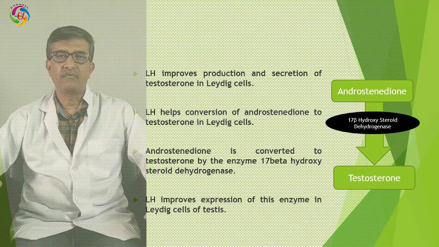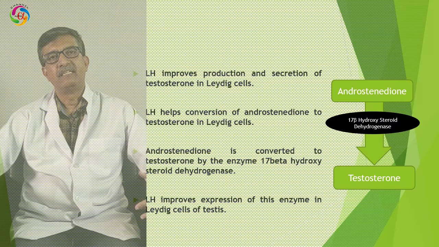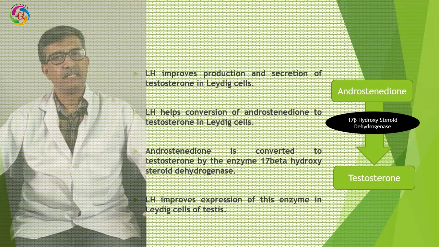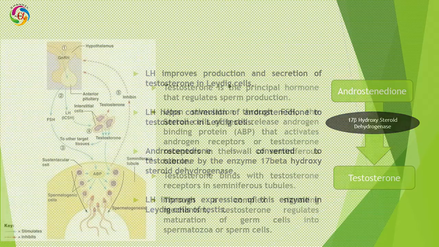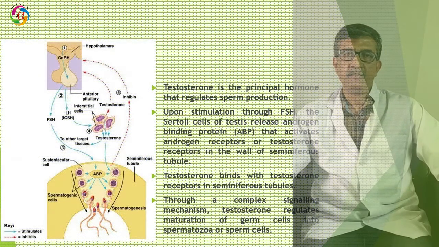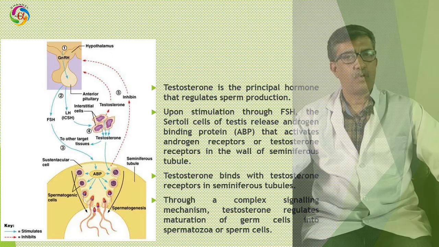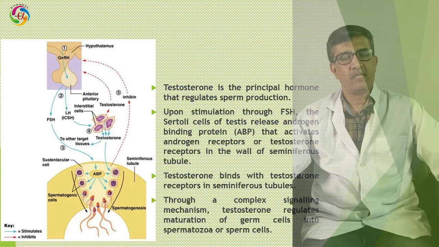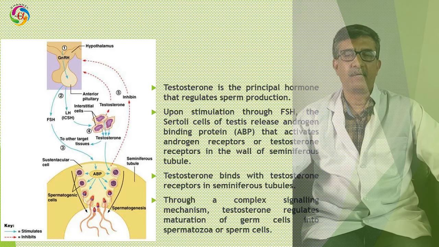The expression of this enzyme is increased by the action of LH. Thus, LH improves the production of testosterone in the Leydig cell of the testis. Now we understand that testosterone is the principal hormone that influences sperm production, or spermatogenesis, in male birds and male